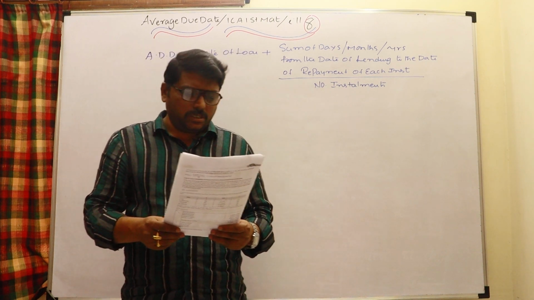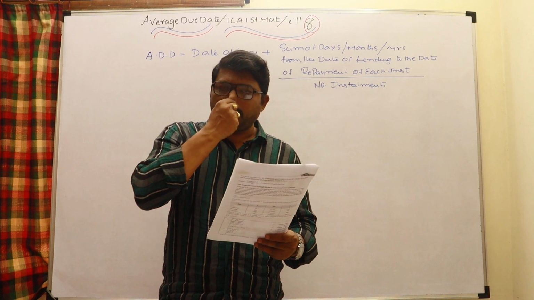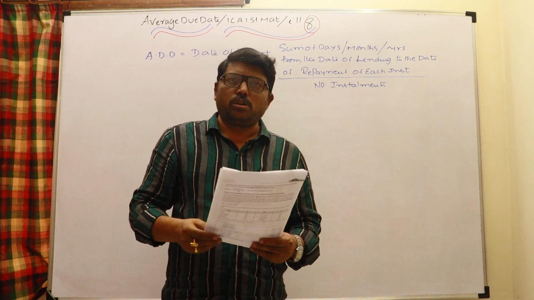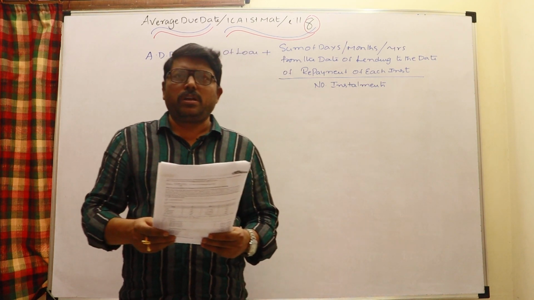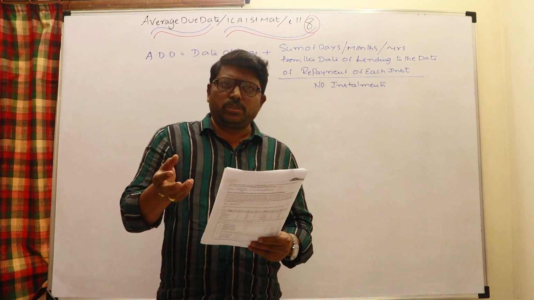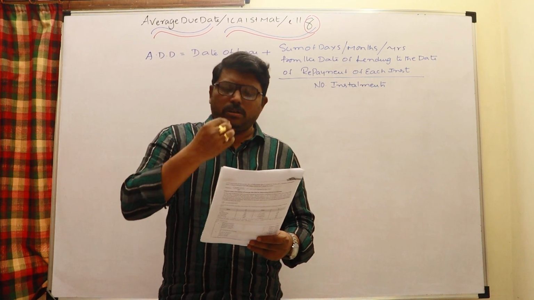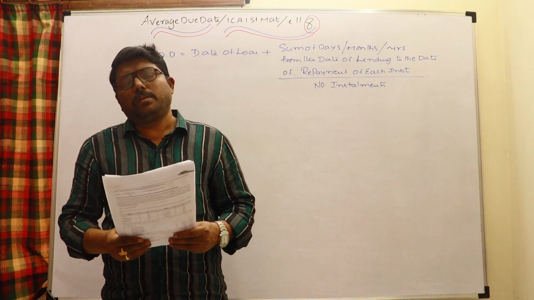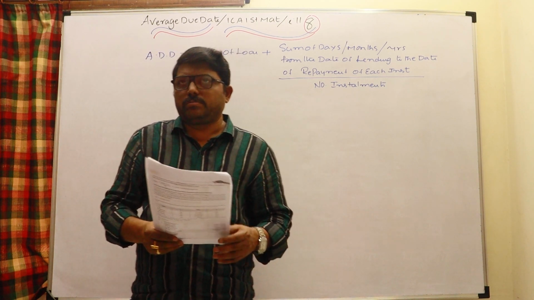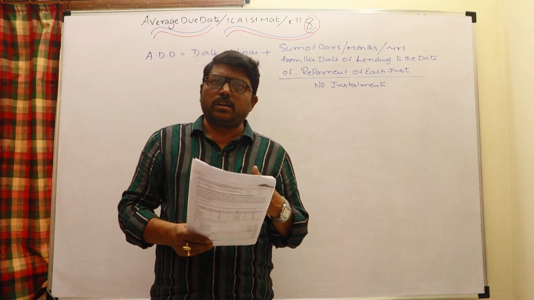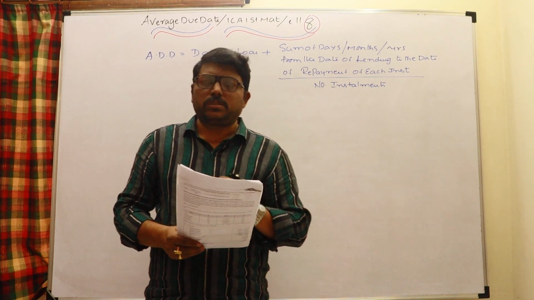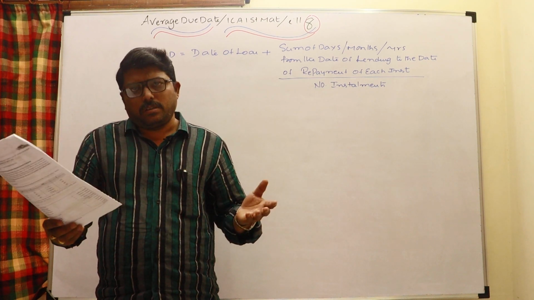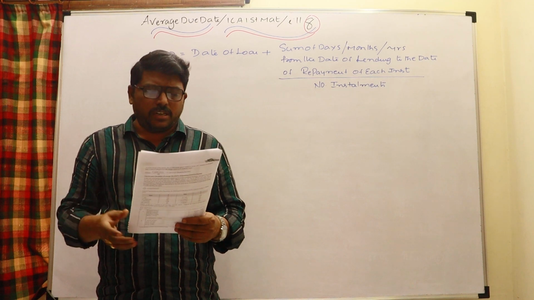The difference is this: you have taken a loan from somebody and you want to pay equal amounts in different installments. Otherwise, you have given a loan to somebody and you would like to take back similar amounts in different installments, and then you calculate the average due date. The important point is that when you calculate the average due date, you have to calculate interest only once. Otherwise you have to calculate interest a number of times and add all the different interests to get the total interest.